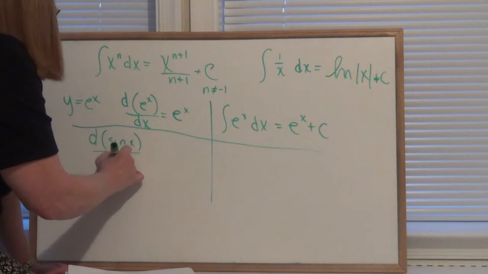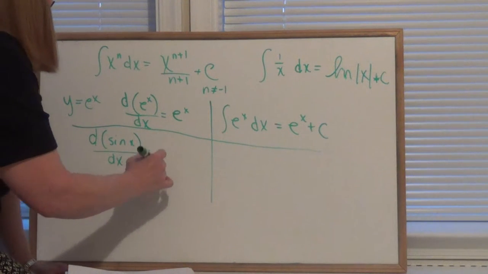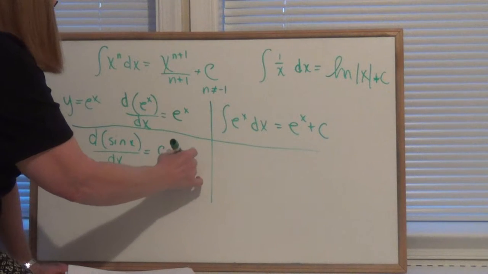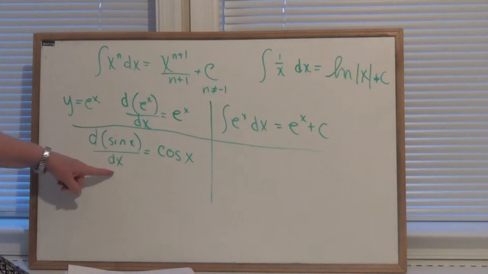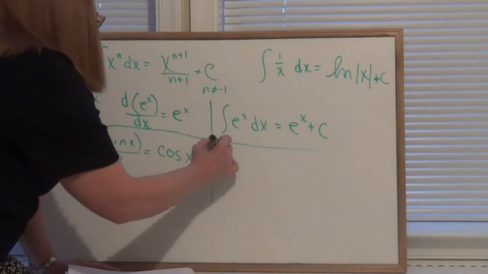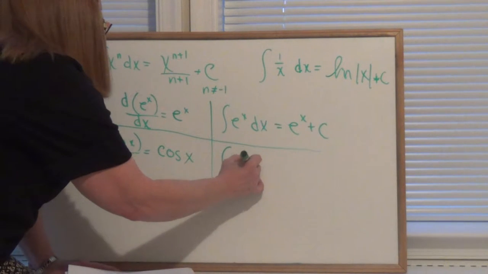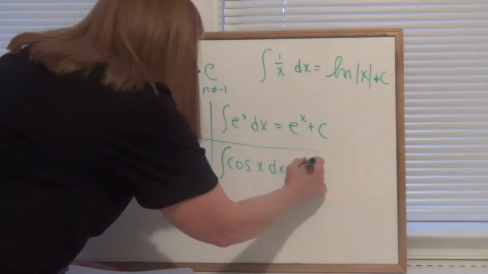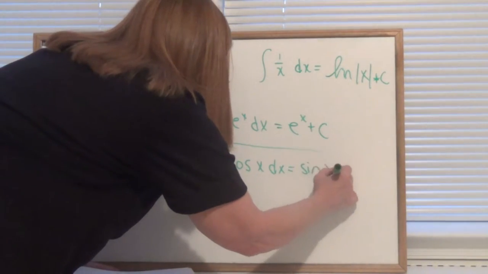And from your recent math past, you know that it is the cosine of x. So the derivative of sine of x is cosine of x. So over in integral land, we reverse that. The derivative of cosine is sine. And that's a little bit